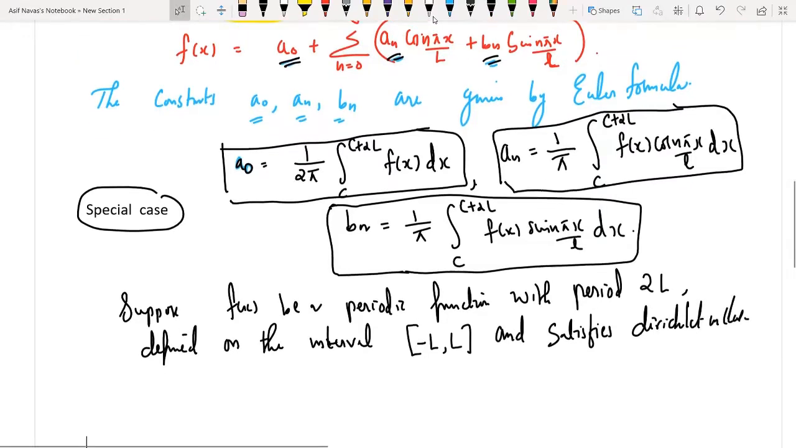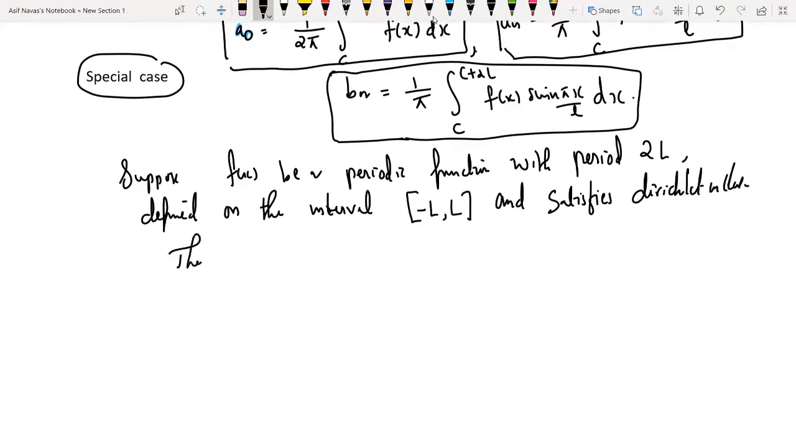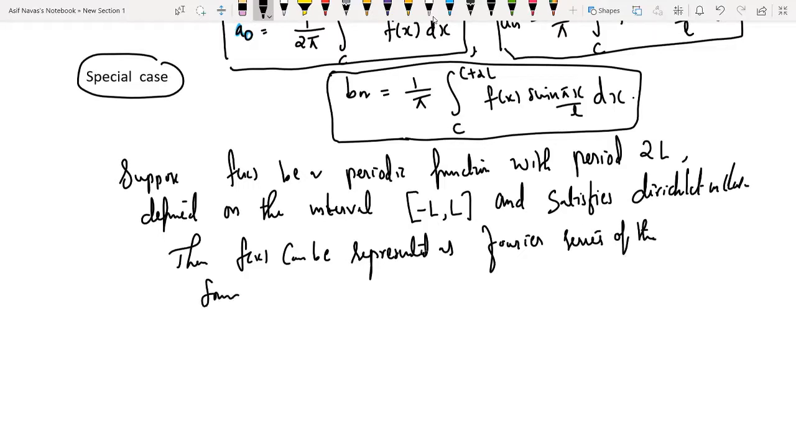Then f of x can be represented as a Fourier series of the form f of x is equal to a naught plus sigma n equal to 1 to infinity a n cos n pi x by L plus b n sin n pi x by L,